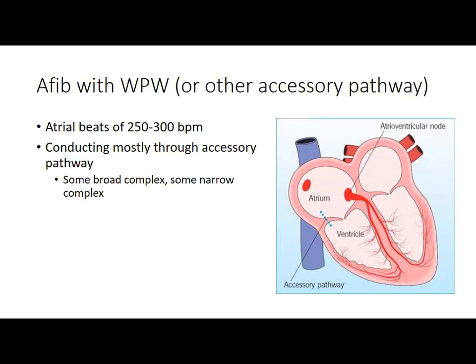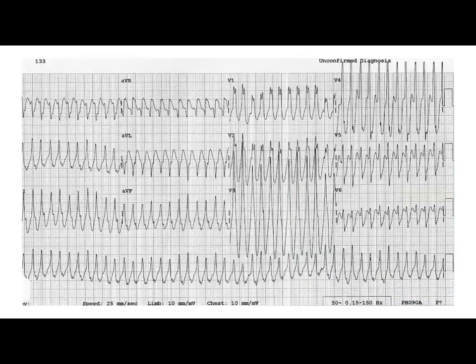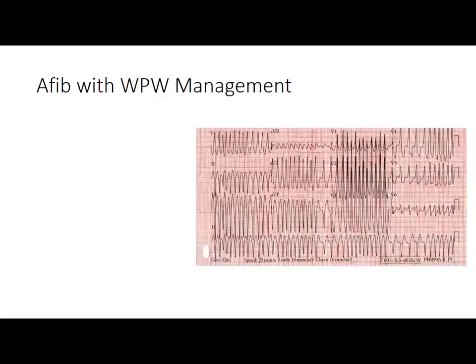What's happening is your atria is beating 300 times a minute. Some of those are going down the His-Purkinje, going through the AV node. A lot of them are going to go through this accessory pathway. So you are going to get rapid ventricular conduction at a rate of like 250 to 300 that will look like this. That is when you've got to be sure that this is not basically AFib in the setting of WPW, because if you block